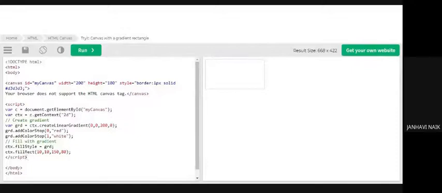This particular script is for adding a color to this rectangle which I've drawn. Let me increase this first. I've drawn a rectangle and I want this rectangle to be filled by a particular color. So I've chosen the colors red and white.